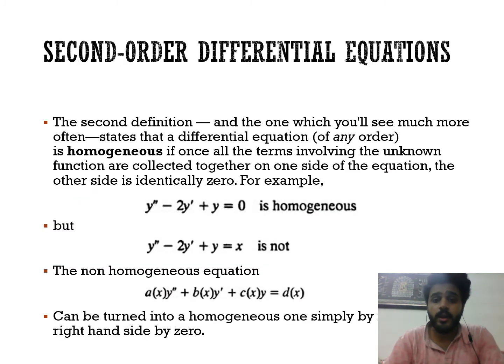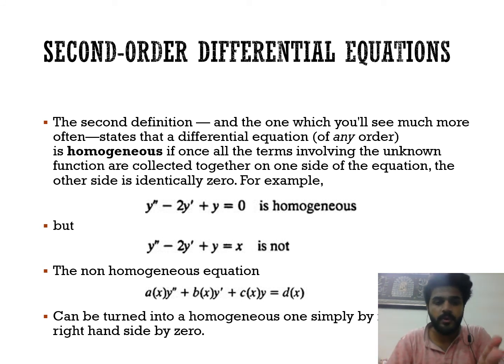Now we will get to the second order homogeneous equation, which is the second type of homogeneous equations. We can also call it the second degree equations. Simply, this definition states that in an equation where the function terms are carried out on one side of the equation and the right side of the equation automatically and identically becomes zero, then this equation is said to be a second order homogeneous equation.